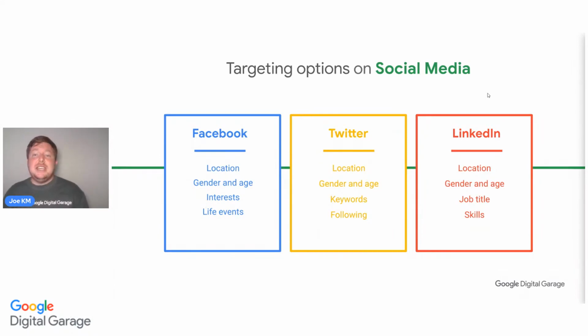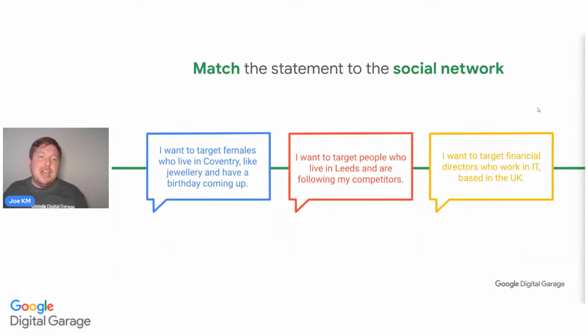yours. LinkedIn, again, location, age, and gender, but now you can target job title and skills. So if you're looking for directors of a business to buy a software that's going to help their business, you don't target at the salesman at the bottom of the tree. You target the person that can make the options, procurement, procurement team, procurement manager. And then it only shows the people that are relevant. Hence why different platforms need different strategies.